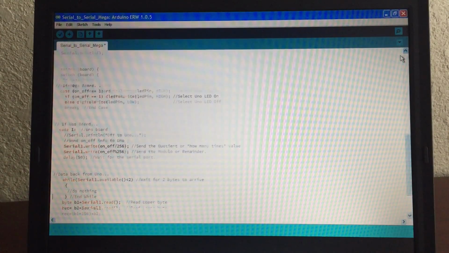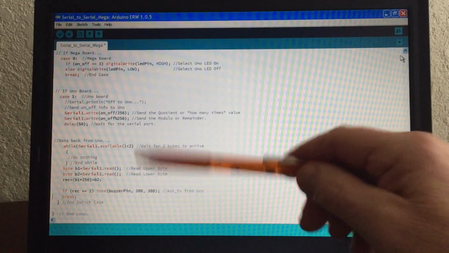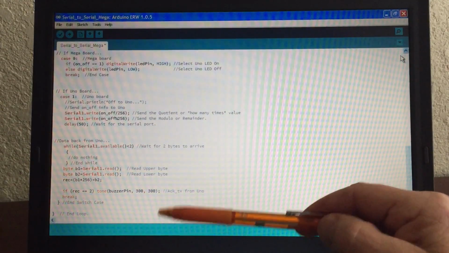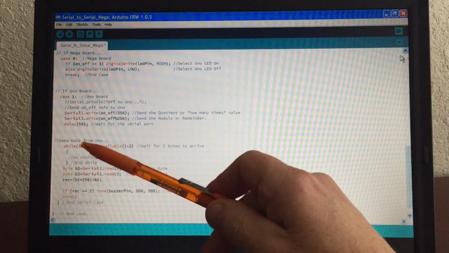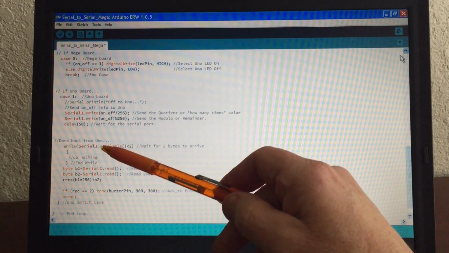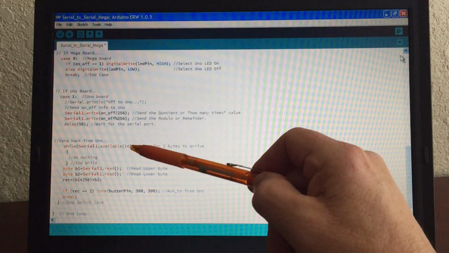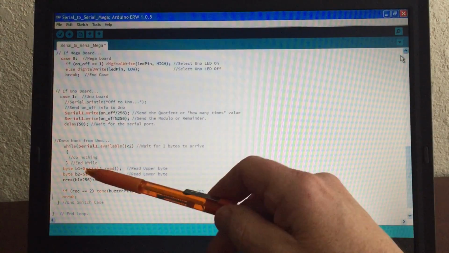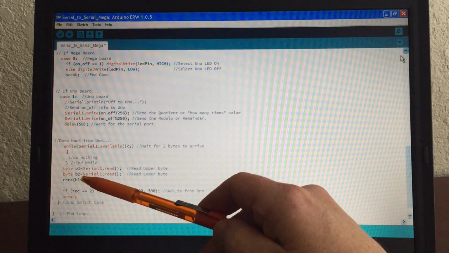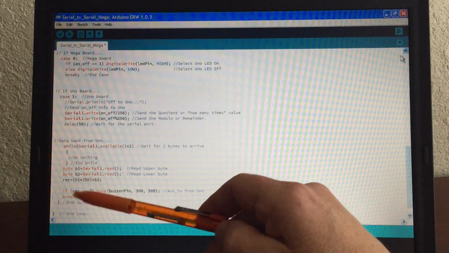Now, there's a second half of this, which is once the Uno board has done its thing with either turning the light on or off, it sends back a value. And so we wait for serial 1. While it's less than 2, we do nothing. We wait. And once we get the 2 bytes, byte 1, upper byte, and byte 2, lower byte, we then